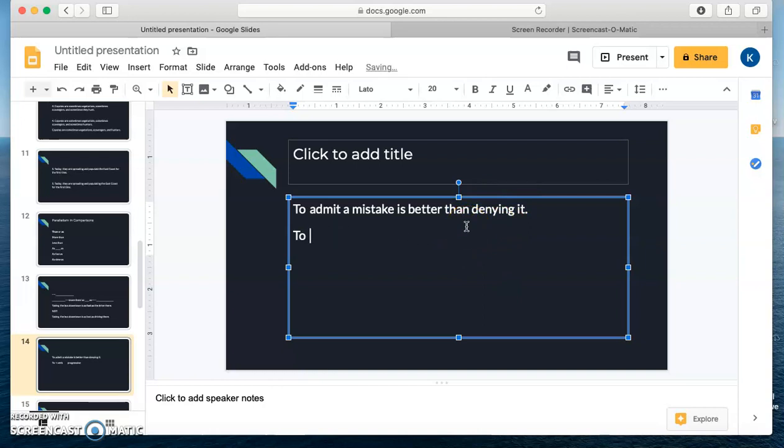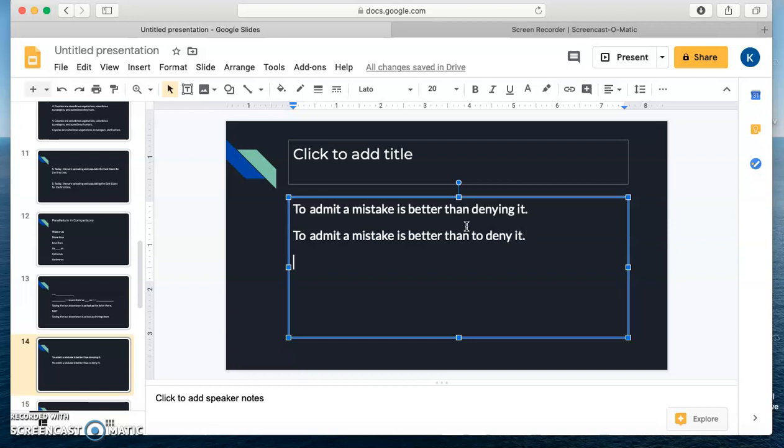So we have a couple of options to fix this, and I'm sure at this point in this discussion you have already figured out what to do as soon as I wrote that sentence down, because you are on top of the ball. You got this. Go forth and take charge. You know that we have a couple of ways of fixing this. We could write either to admit a mistake is better than to deny it,